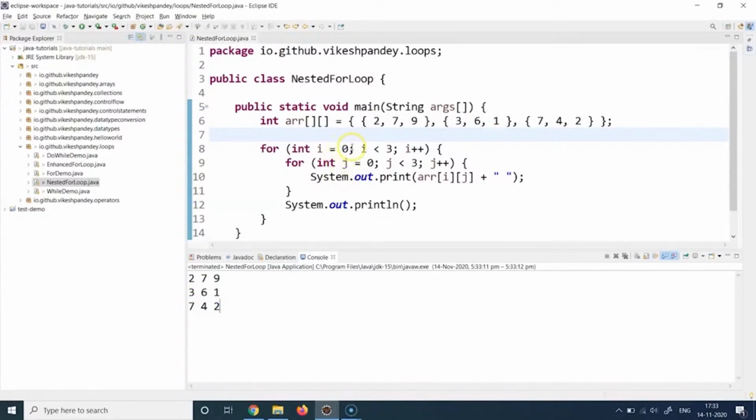So i equal to 0, 0 less than 3, condition becomes true, comes here, j equal to 0, j less than 3, condition becomes true, comes here, prints the array of 0, 0, which is 2, then prints the array of 0, 1, which is 7, 0, 2, which is 9, then j becomes 3, it breaks out of the loop, goes up here, i becomes from 0 to 1, 1 is less than 3, yes, again comes here,